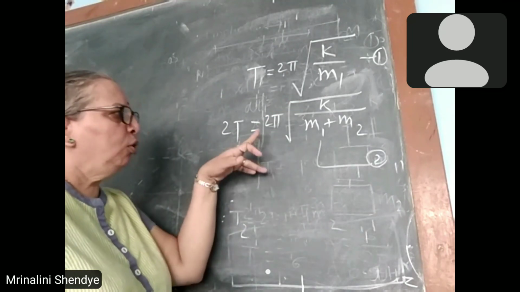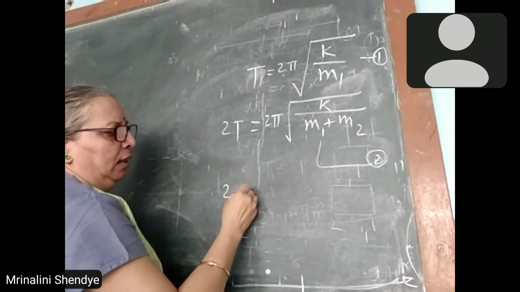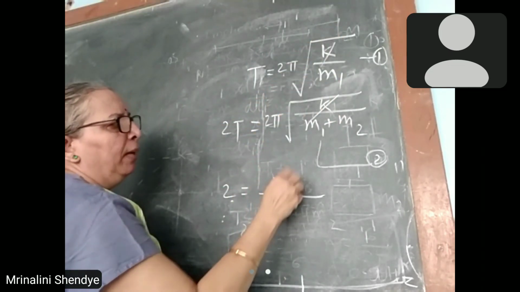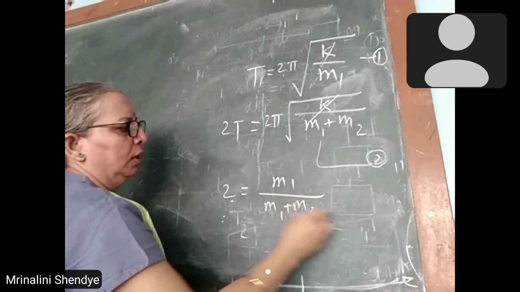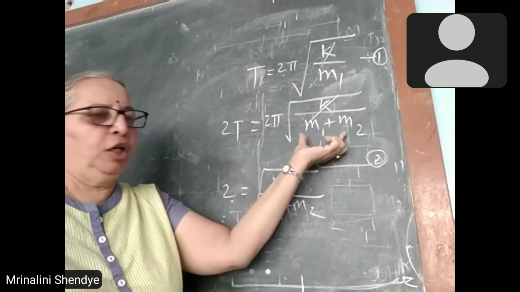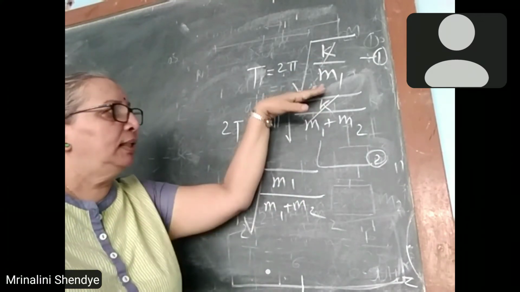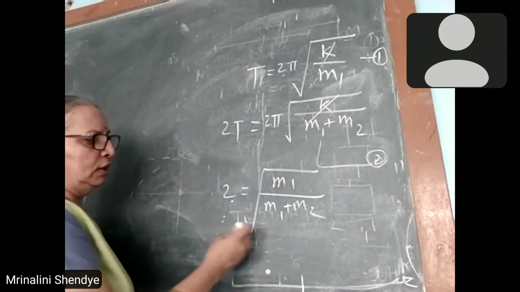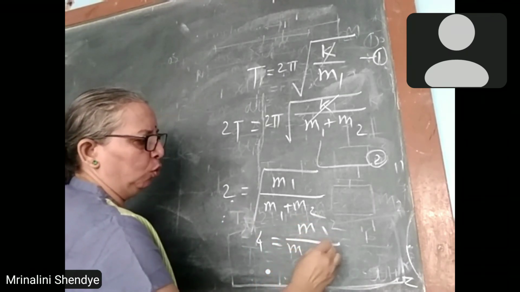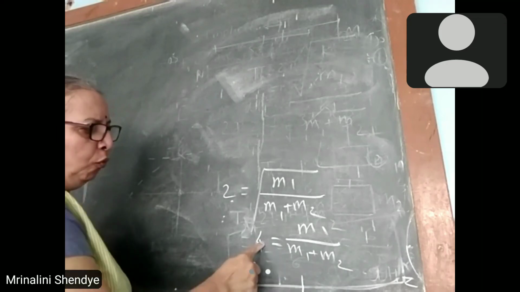Compare them, division ले लो। Suppose divide equation 2 by 1, so what will happen, this 2 will be left, 2π will get cancelled, ये टर्म ऊपर आएगी, ये टर्म नीचे जाएगी, k will get cancelled, m1 will go up and this m1 plus m2 will come down and this will be square root। वो स्क्वायर रूट वैसे रखेंगे ना, इक्वेशन 2 by 1 करना है, सो इक्वेशन 2 का जो डिनोमिनेटर है वो डिनोमिनेटर वैसे ही रहेगा, और ये क्रॉस मल्टीप्लिकेशन के हिसाब से m1 कैसा जाएगा, ऊपर जाएगा। So squaring on both sides you will get 4 is equal to m1 upon m1 plus m2। ये इक्वेशन आप लोगों को मिल जाएगा।